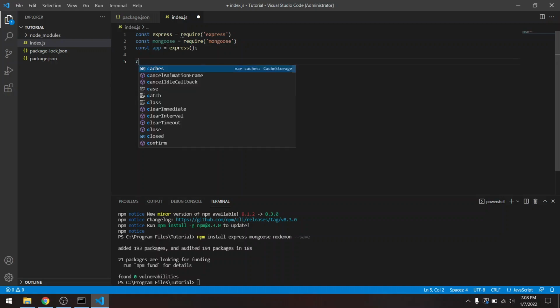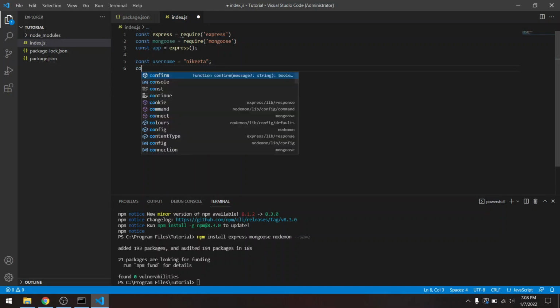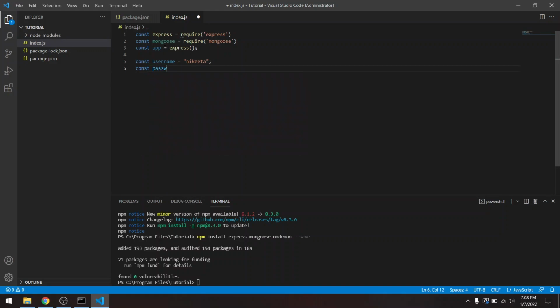Fine. Now I'll define username and password here as separate variables. So my password is this. You can copy it from MongoDB Atlas also.